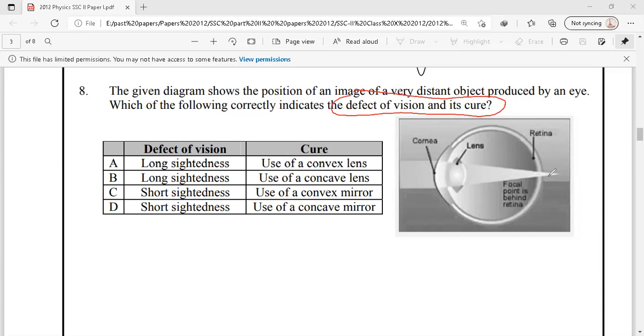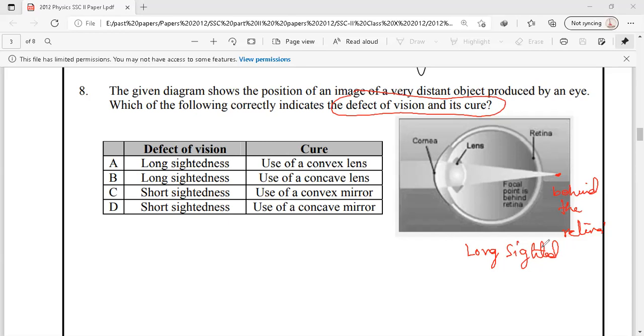So in the given diagram, as we can see that this is the point where image is formed, and this point lies behind the retina. This is behind the retina. So this means that this eye is long sighted. This eye is long sighted or far sighted because the image is formed behind the retina for a very far